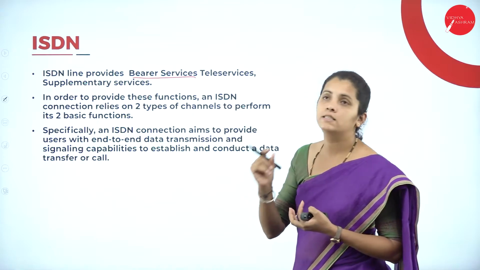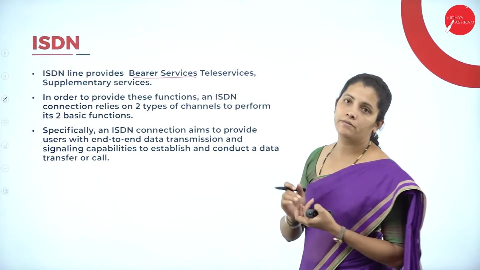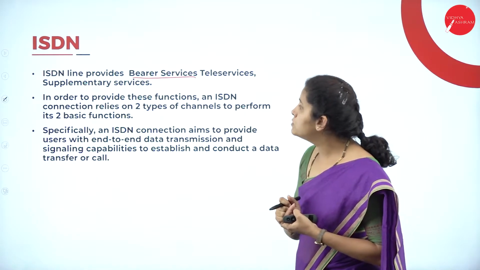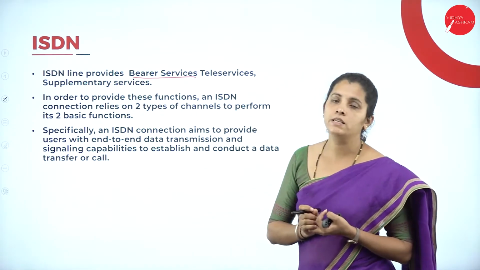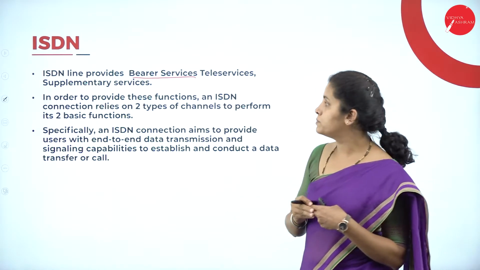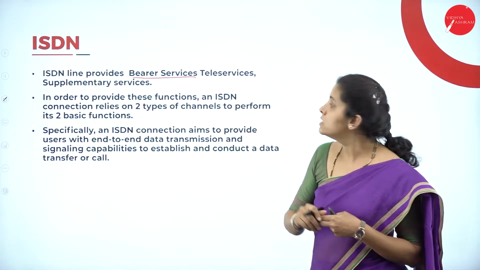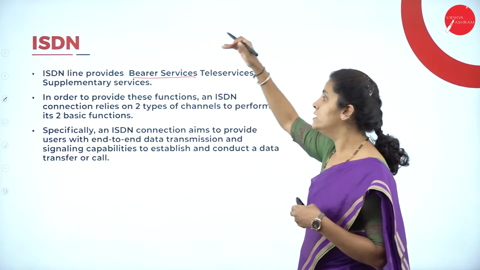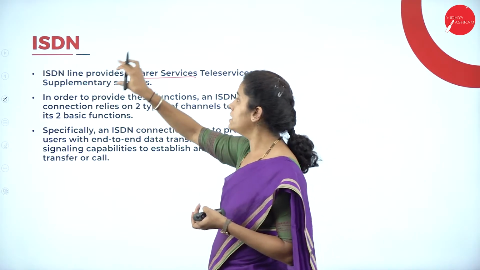B is nothing but bearer service and teleservice, and it also supports supplementary service. That means here ISDN provides three types of services. In that, the first one is bearer service, then teleservices, and then supplementary